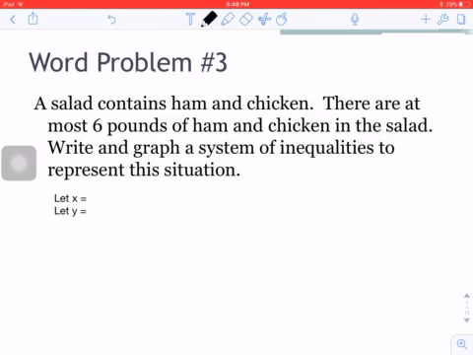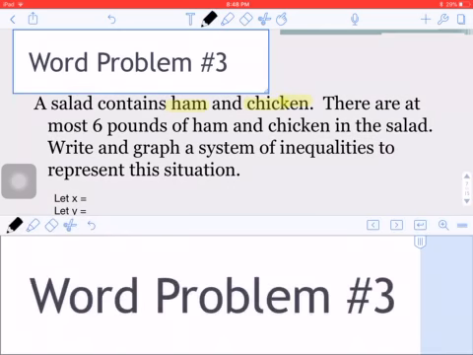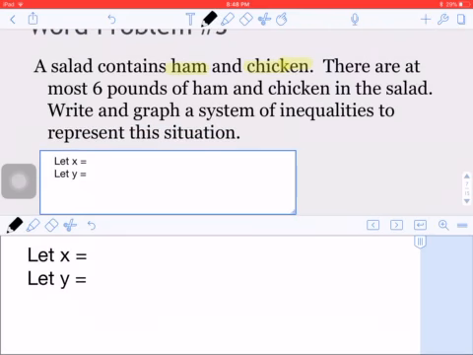So again, as stated before, when we're solving inequalities with word problems, we need to identify what x and y will be. So in this problem, taking a look here, let me just do this again in yellow. The two things that we have in this problem that are identified are ham and chicken. And we're talking about pounds of ham and chicken. So we're going to say let x be the number